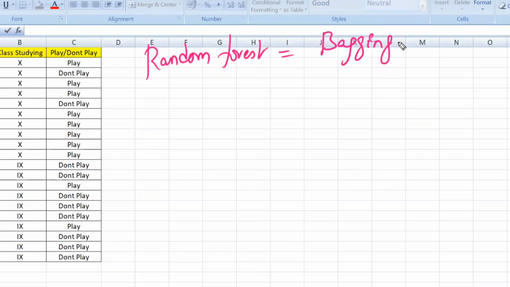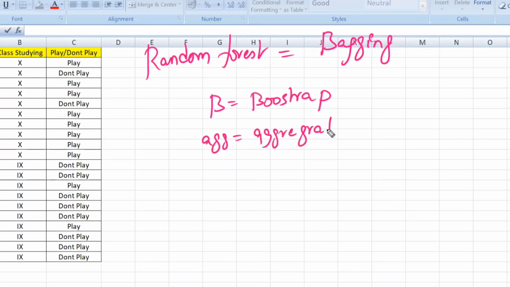Bagging, where B stands for bootstrap and AGG stands for aggregation. Okay, bootstrap aggregation. Bagging means bootstrap aggregation. The ING is there to make the word complete.